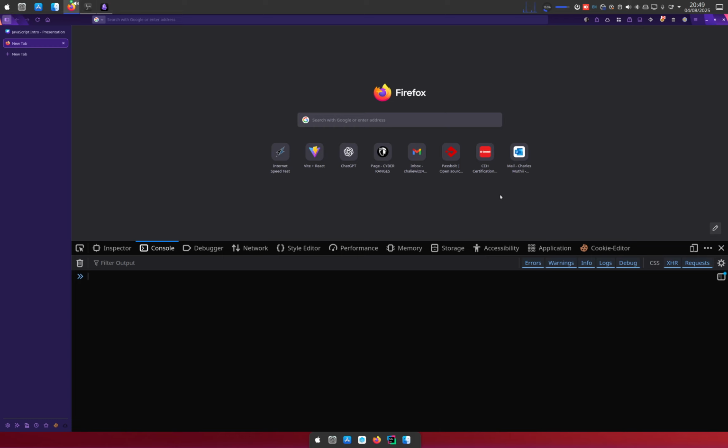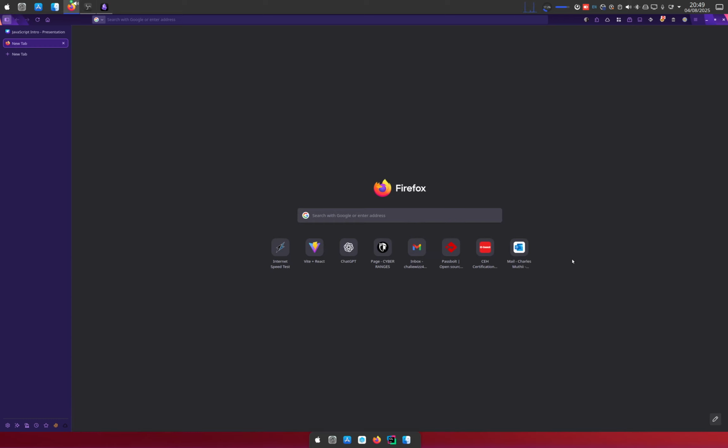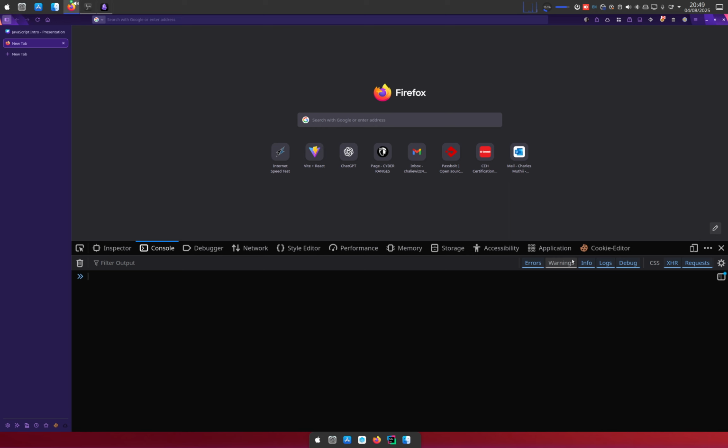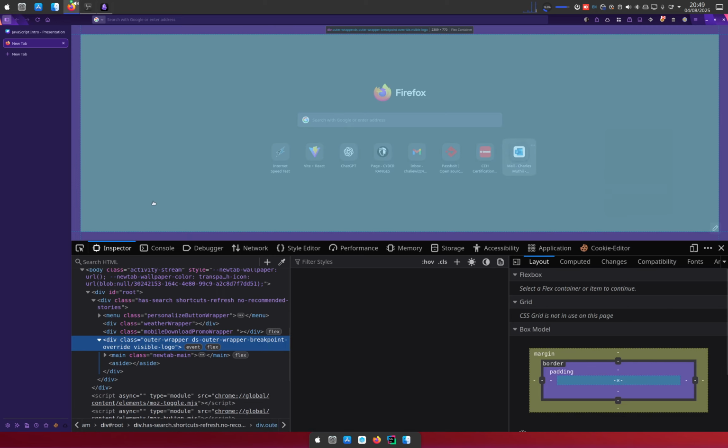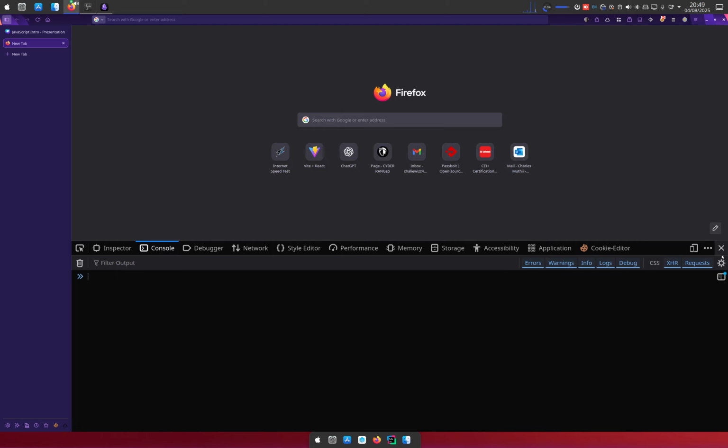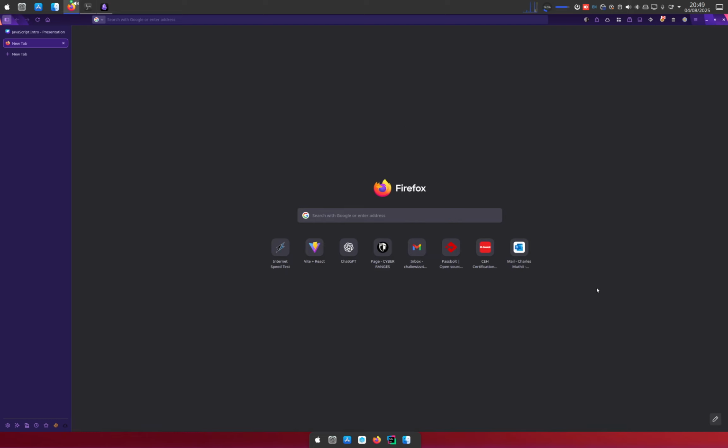For some computers, clicking F12 is not sufficient. So you have to click on maybe function and then F12. But again, this is just extra information. So long as you know how to do it using the right click and then inspect and then console, you're good to go. On Mac, I think you have to press command and then F12, if I'm not wrong. So this is what we call the console.